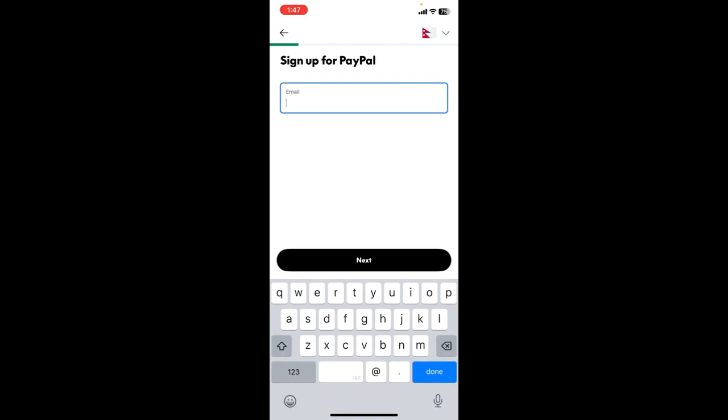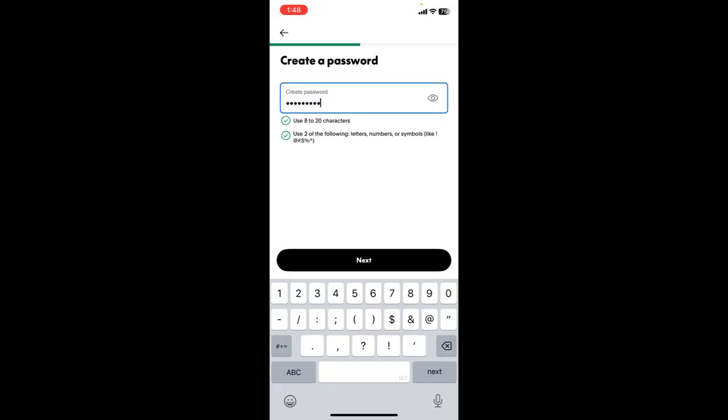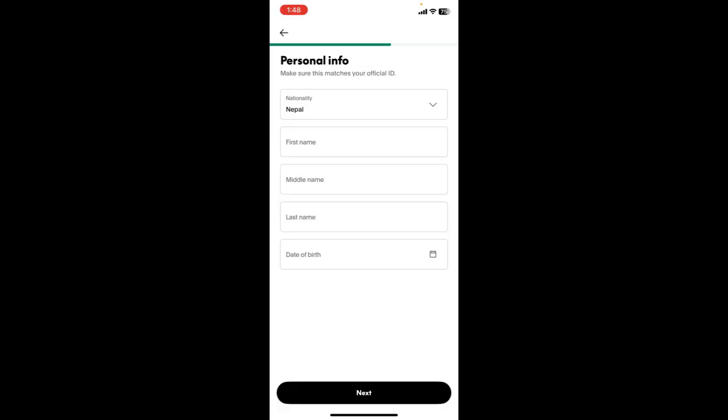Over here, write down your email address. Once you write down your email address, click on next. Now you need to create a strong password. Make sure that no one can steal it. Tap on next. You need to fill up your personal info like nationality, your first name, last name, and date